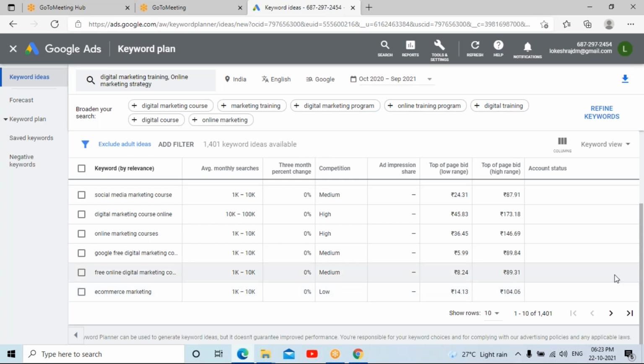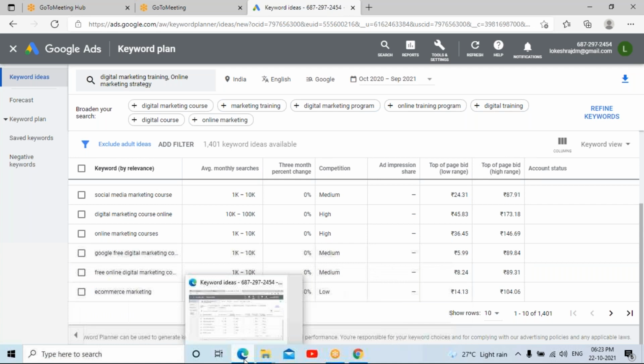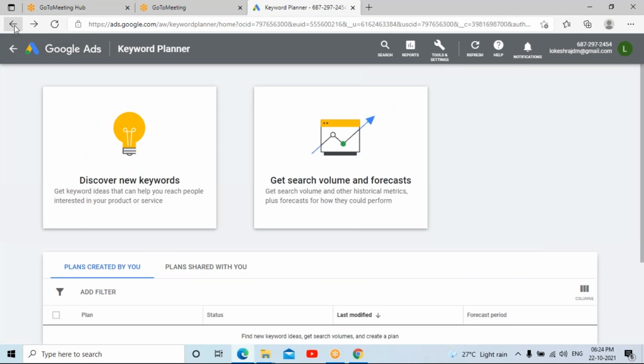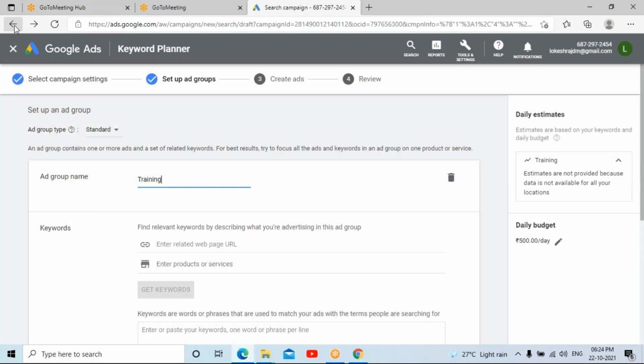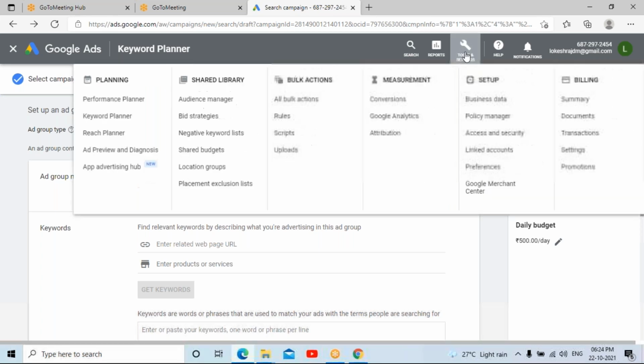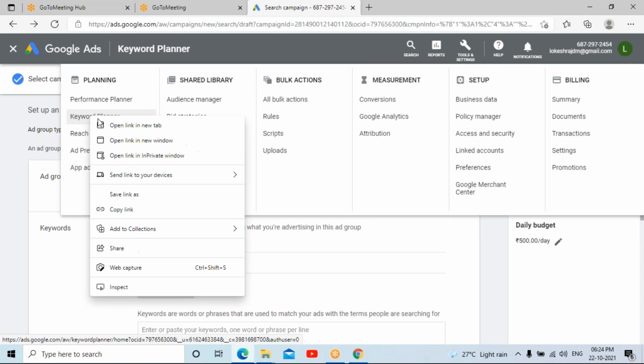Try to make use of this particular tool as much as possible. Now let us come back to Google Ads. While doing the ads, if you want to open the Google Ads keyword planner, go to tools and settings, right click on the keyword planner and open it in a new window, so that you can list out things and at the same time keep your advertisement open.